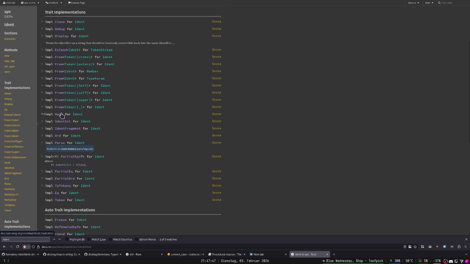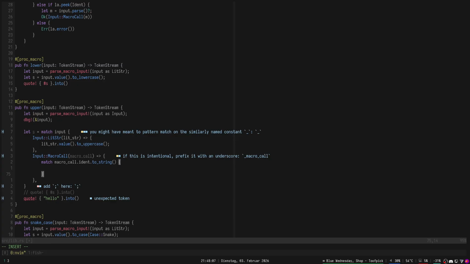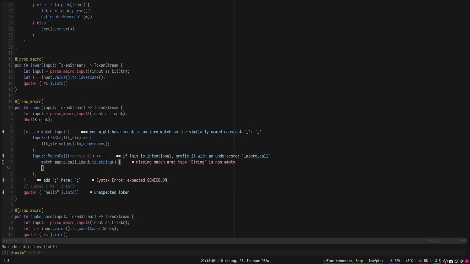Parse, Ord. It's got Display. Prints the identifier as a string that should be losslessly convertible back into the same identifier. That's really annoying because that means that we do have to allocate. I don't want to allocate for something that's stupid, but fine. We'll to_string,